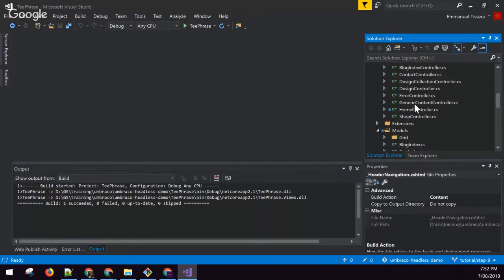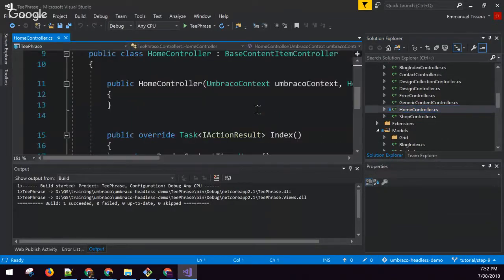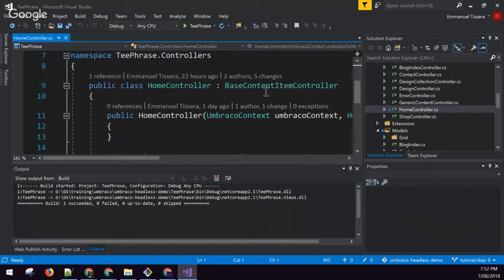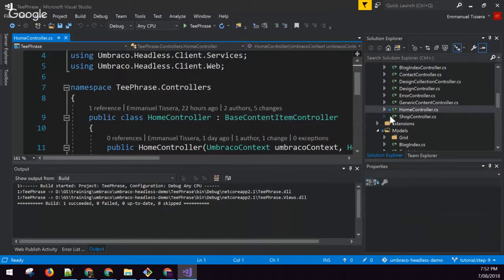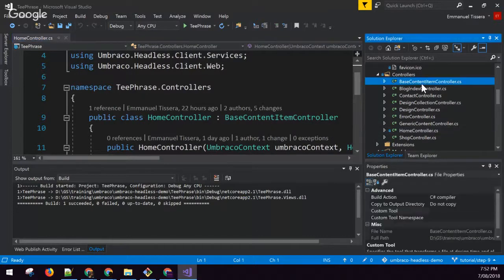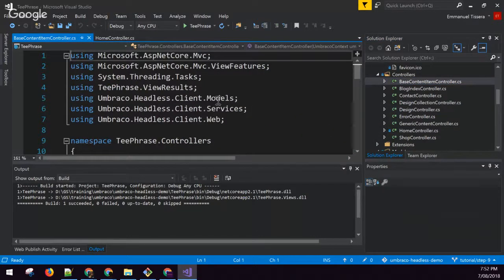So we go into the home controller and you can see a few changes in there. We have inherited from a base content item controller, and the only line in here is a render content item, and we are passing the model we want, right? And if you look at the base content item controller, again, it's a class we have written, and in there,